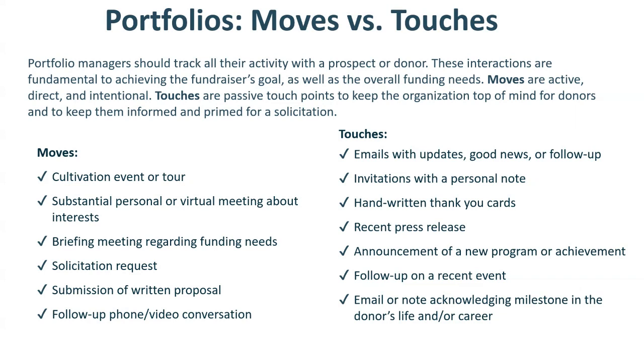So examples of moves would be tours, or when you have a briefing meeting prior to a big ask, and we'll talk about that a little bit. The actual ask itself is a huge move. The act of stewardship by acknowledging the donor, or putting their donor recognition up, those are huge moves that advance the relationship forward. Whereas touches, like an email with updates or a birthday card or sending a press release, that doesn't